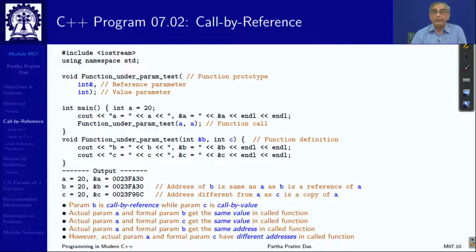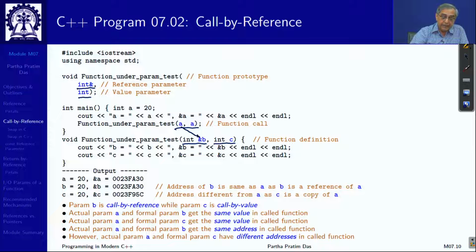Here in C++, C does not support this, but in C++, I can have a parameter which is of reference type. I write it with int ampersand. It is a reference parameter. When I write int, it is a value parameter. Right? So, when I define the function, this is my reference parameter and this is my value parameter. So, what it means is when I call the function with, say, a and a, the same variable,